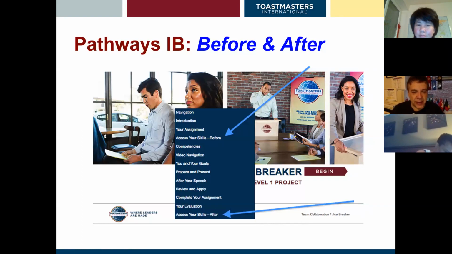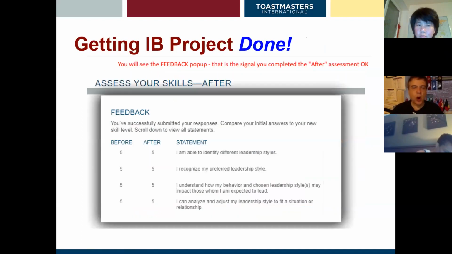One thing is, I believe it is on the complete your assignment, usually the third from the bottom, will have all of the PDF files for the Icebreaker project and all the other PDF files. Now, one thing is,